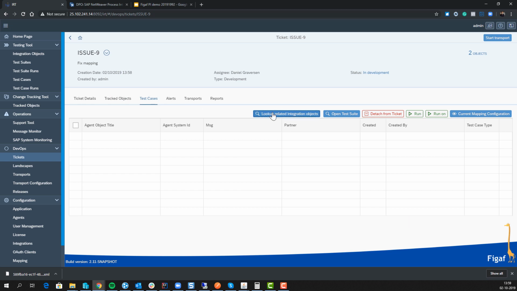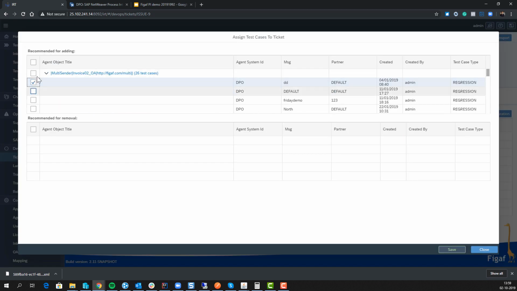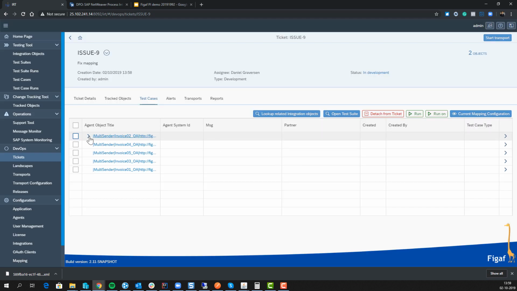Next up, we want to look up if we have any test cases for these things, and we can see we actually got quite a number of test cases here. We'll just select one. Normally you'd select all of them, and then you want to save it. What you'll then have is a test suite that covers all the changes in the message mapping. You can then run